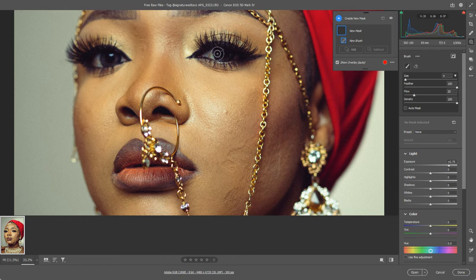Now, what is super, super useful is that the square brackets next to the P on your keyboard change the size of that brush up and down. So I'm going to bring my brush size down a bit and I'm going to start painting onto this lady's eyes. And that is going to bring a little bit more exposure on them